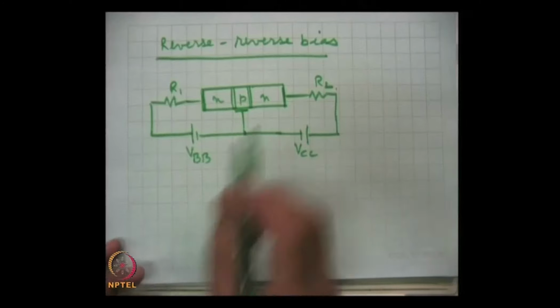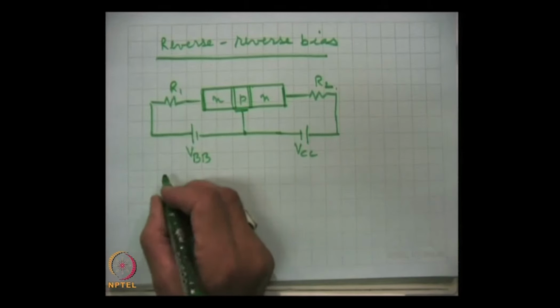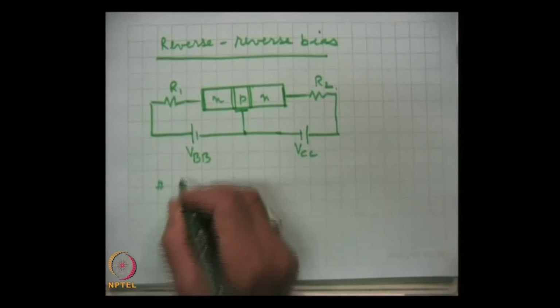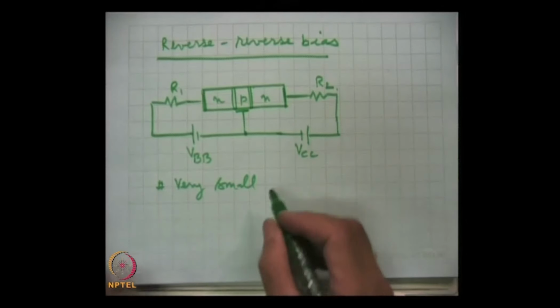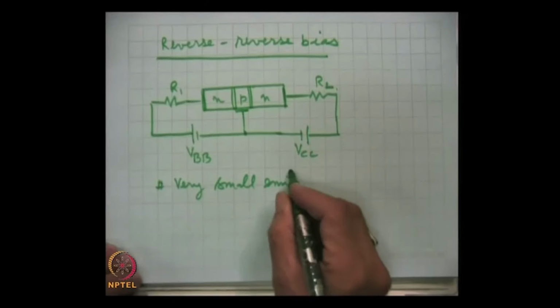Such minute currents arising because of thermally generated charge carriers in and near the junction constitute what is known as reverse saturation current. So, what we will get here is a very small emitter current,